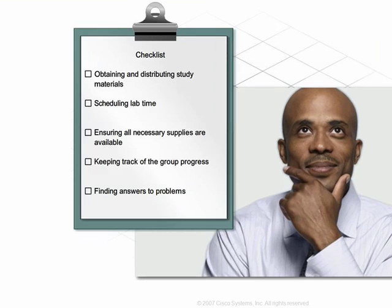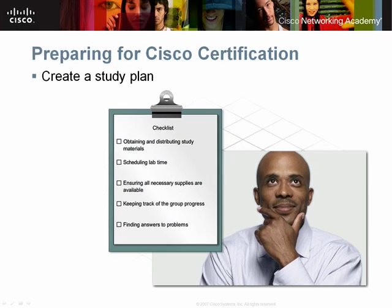Creating a study plan includes using proper study resources, scheduling sufficient lab time for practicing skills, and having necessary supplies such as pencils, paper, thumb drives, etc. Whether you are studying alone or with a group, document your progress. Documentation enables you to see your progress, which can lead to a sense of satisfaction and serve as a motivator to continue your studies. Finally, use your resources, lab equipment, and supplies to find answers to unanswered questions or difficult